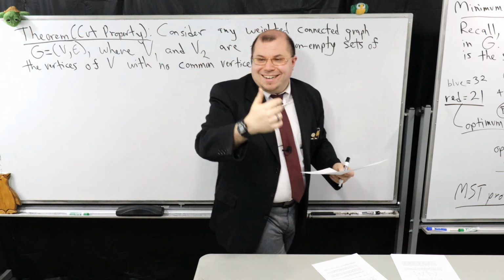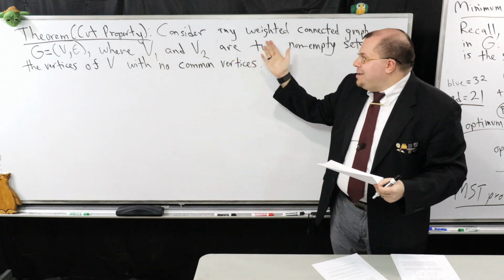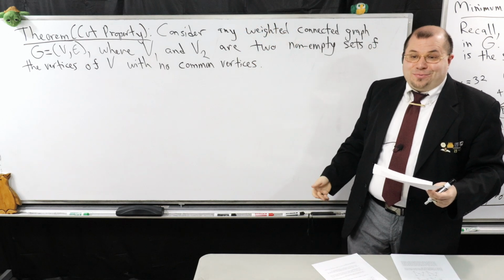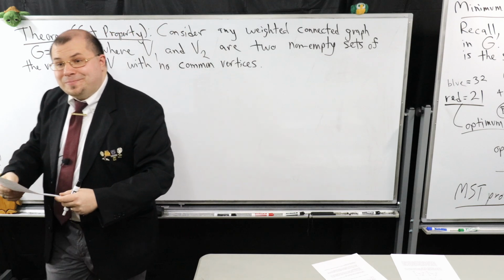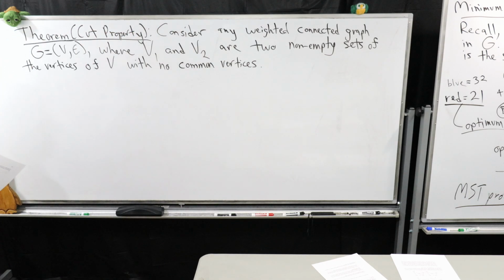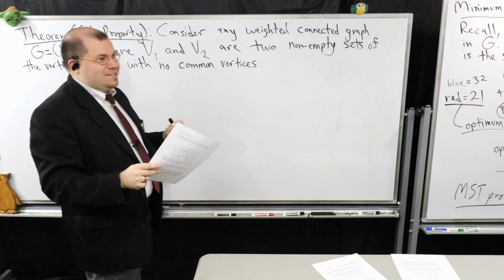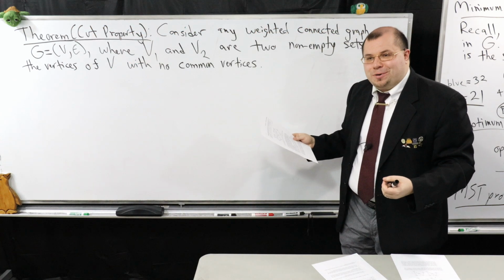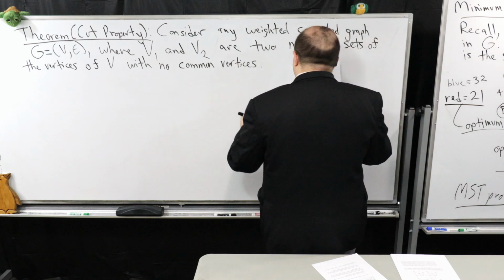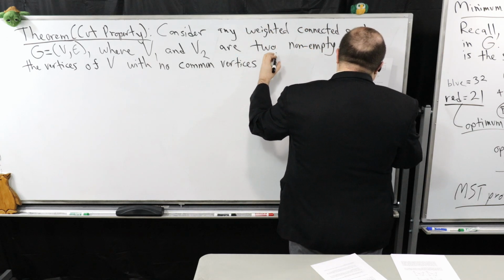It's a partition, exactly. So V1 and V2 partition V. So that's one way you could think about it if you're familiar with this from set theory. But it's absolutely not required for this. In fact, this property is very flexible. So I could even omit vertices in this property. So, anyways,